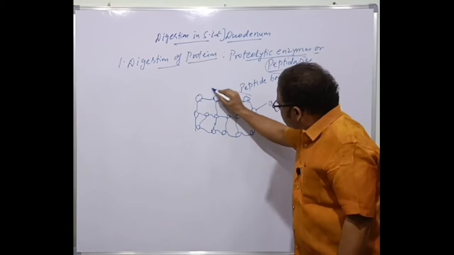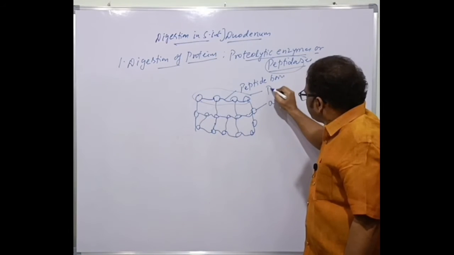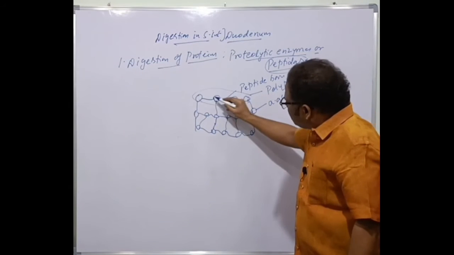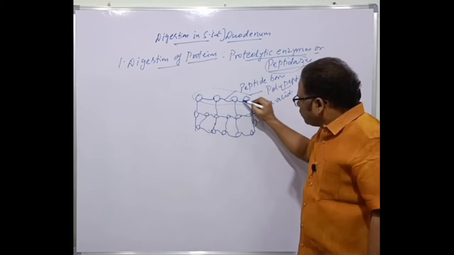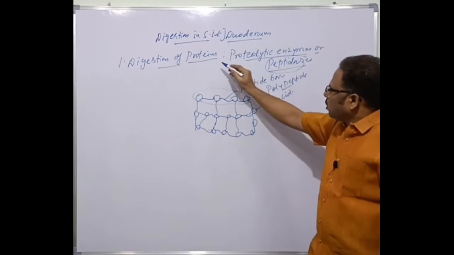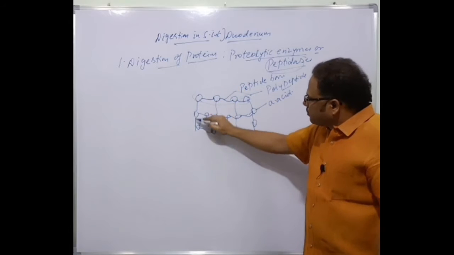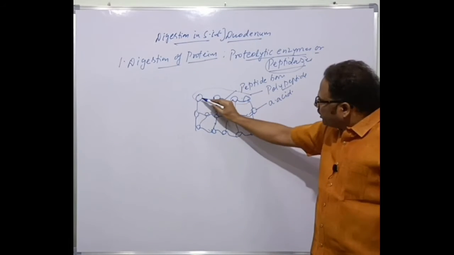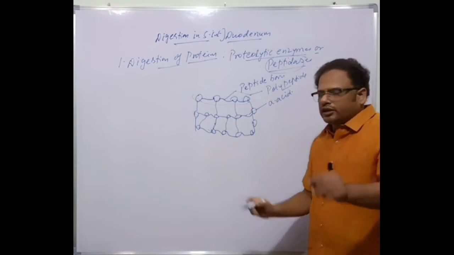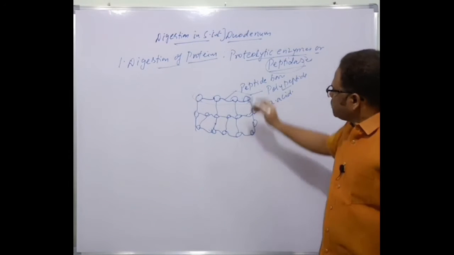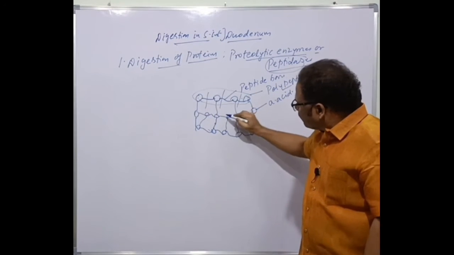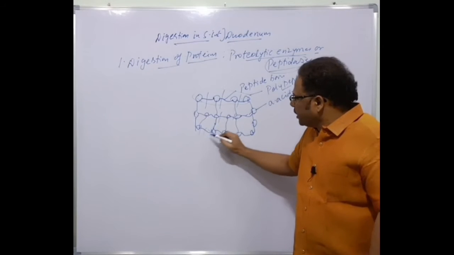This entire structure is a polypeptide. So many polypeptides like this, here 1, 2, 3, form a protein molecule. So a protein molecule contains many polypeptides. Each polypeptide contains many amino acid molecules held together by the peptide bonds. That is, for the digestion of proteins, these peptide bonds must be broken. Only then can the digestion of proteins occur here.